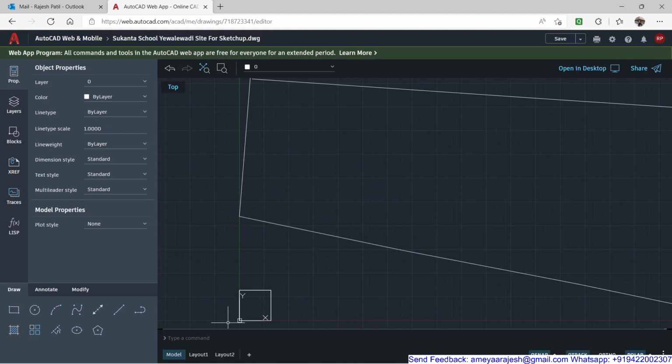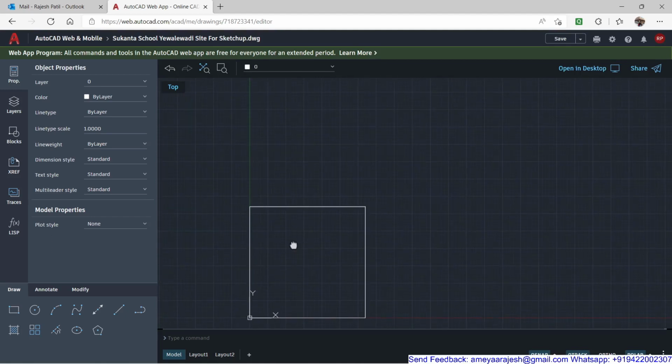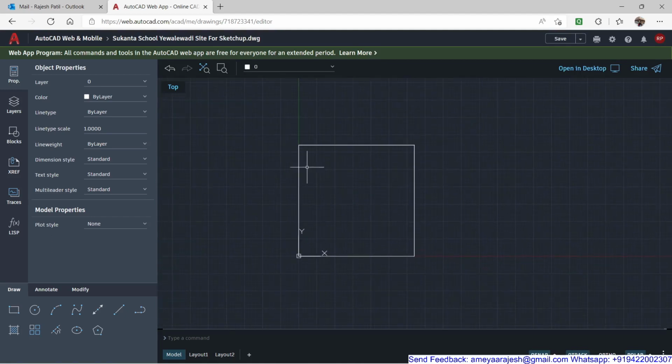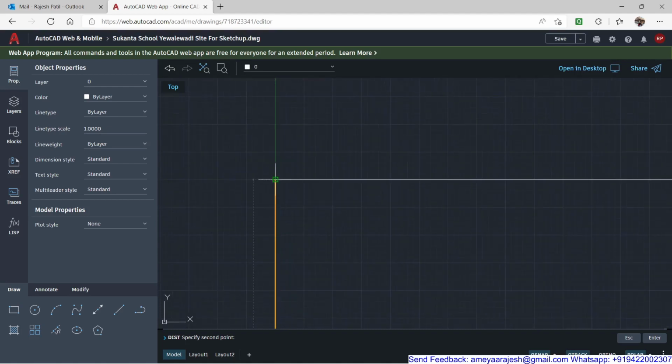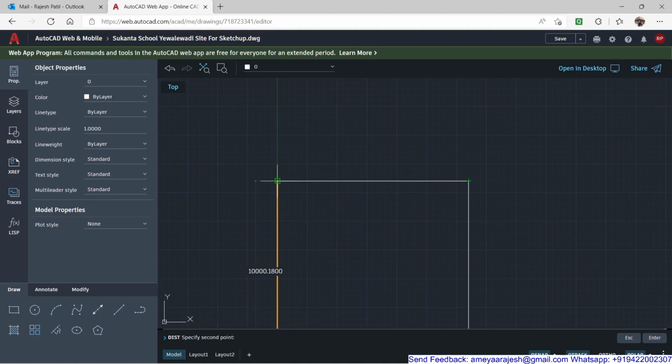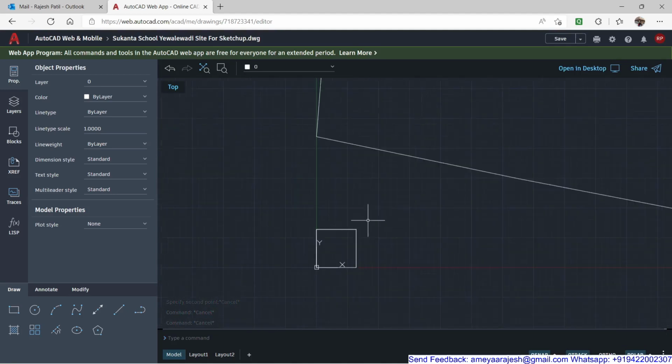Now make sure if you're working with AutoCAD, I have made one scaling object over here so that whatever data I import in SketchUp or ArchiCAD, I should be able to figure out the precision factor. So right now this is supposed to be exactly 10 meter by 10 meter. My object which I have defined was exactly 10 meter by 10 meter. So let's see how we can proceed further.